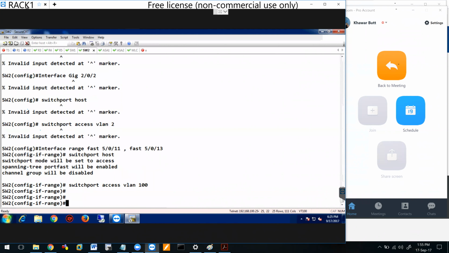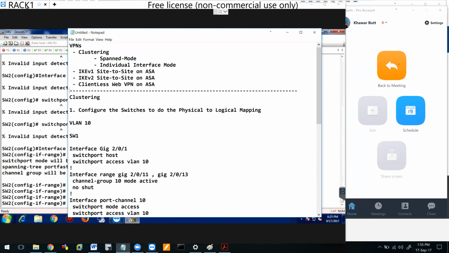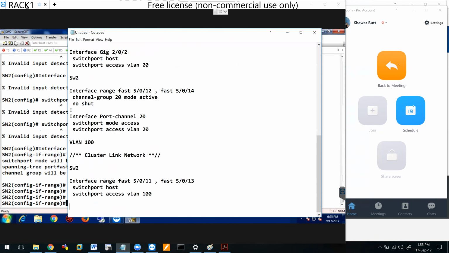I have ASA1, ASA2. I want ASA1 to be my master and ASA2 to be my secondary device. All of the other guys will be the secondary device. The one that I do all my configurations on, I want that preferred to be ASA1. So how do I go about doing that? So once this is done, this is your first step, which was configure the switches to do the physical to logical mapping. Over here on number 2, configure the cluster config